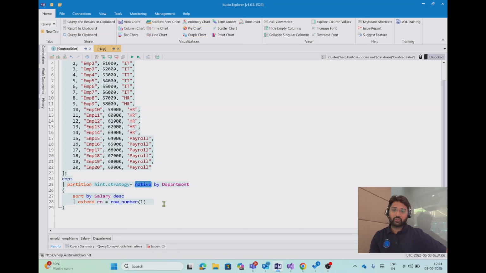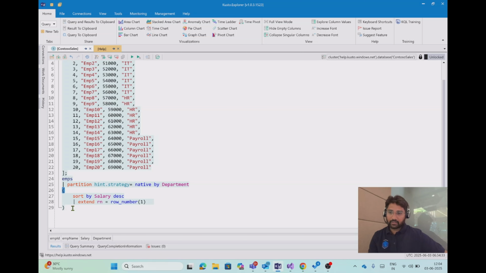So always use either native or shuffle; that mostly will not give you any error. There is also something called the legacy strategy. If you use that, it will many times end up with an error because it works with fewer than 64 partitions. So I usually prefer using partition by department with hint.strategy native,